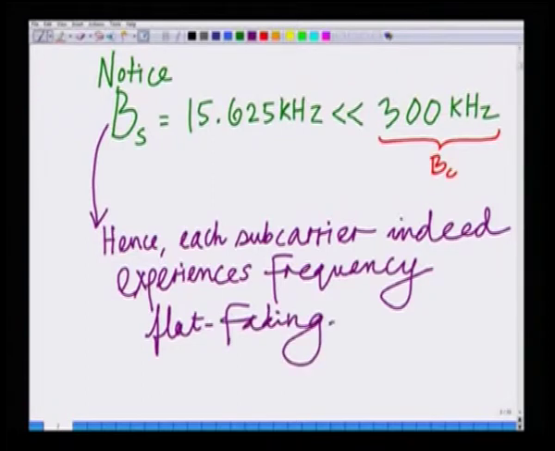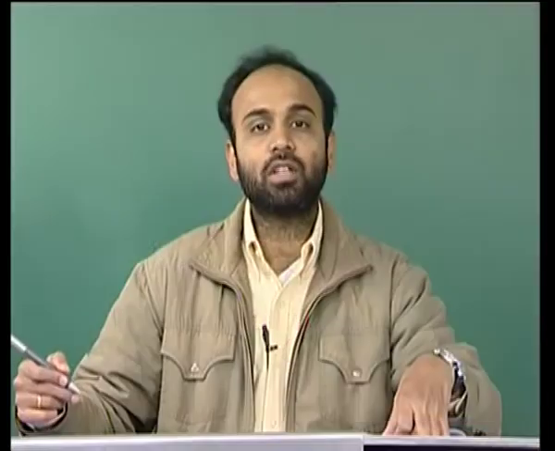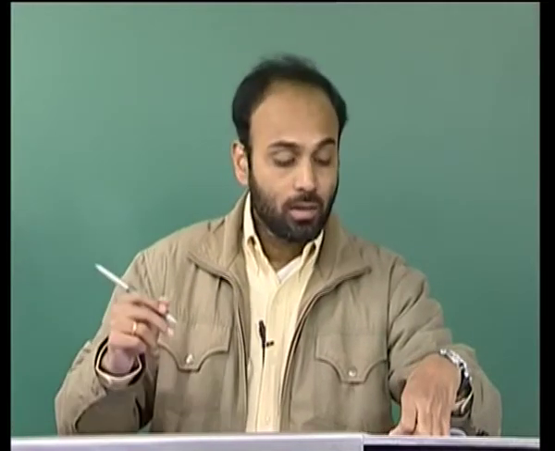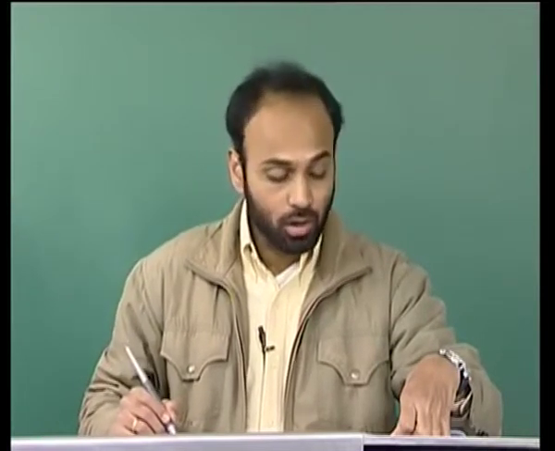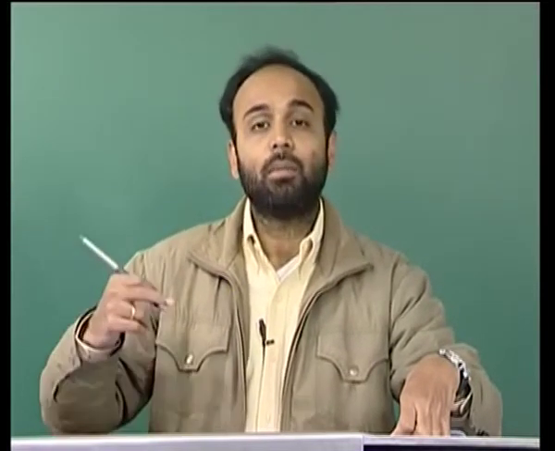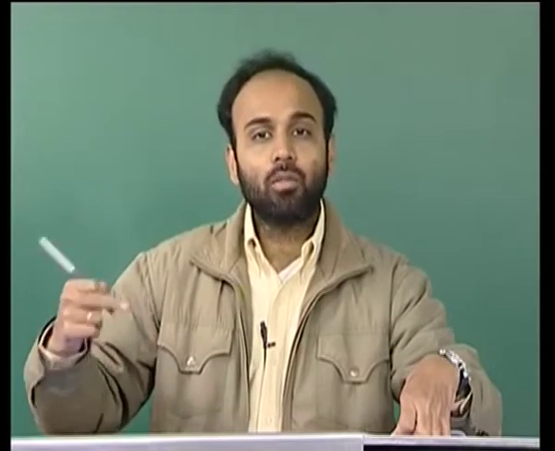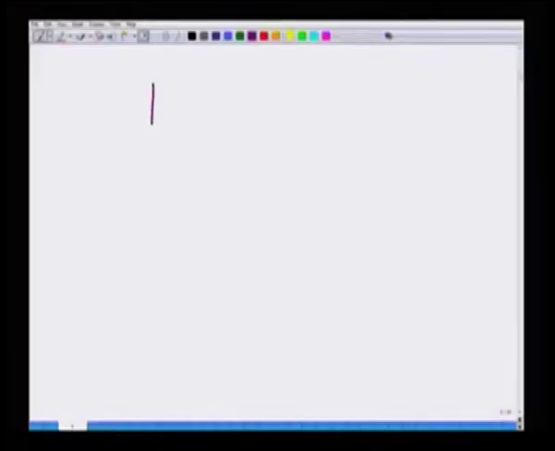Hence each subcarrier indeed experiences frequency flat fading, because the bandwidth per subcarrier is much less than the coherence bandwidth. Now what is the total bandwidth of the system? We know that the total bandwidth of the system is nothing but the bandwidth per subcarrier times the number of subcarriers. So we have B by N equals